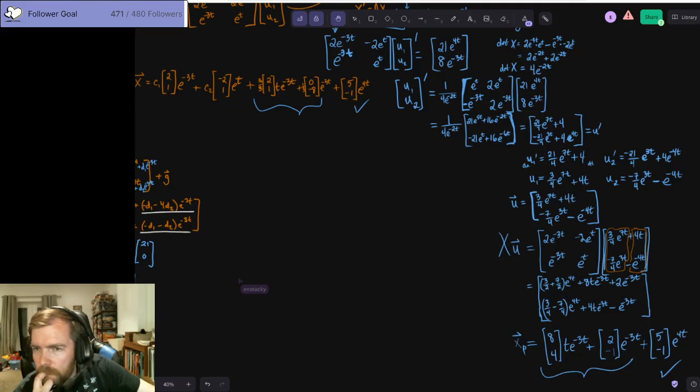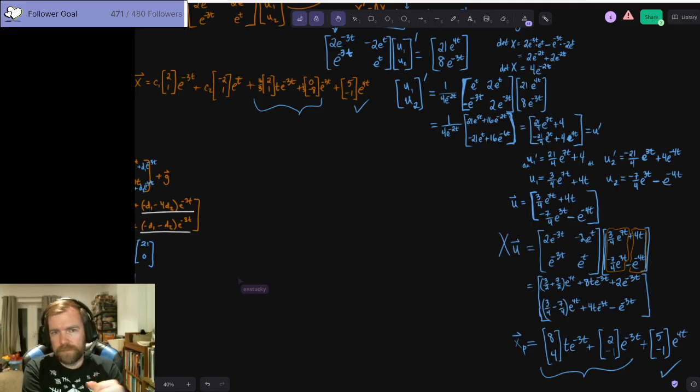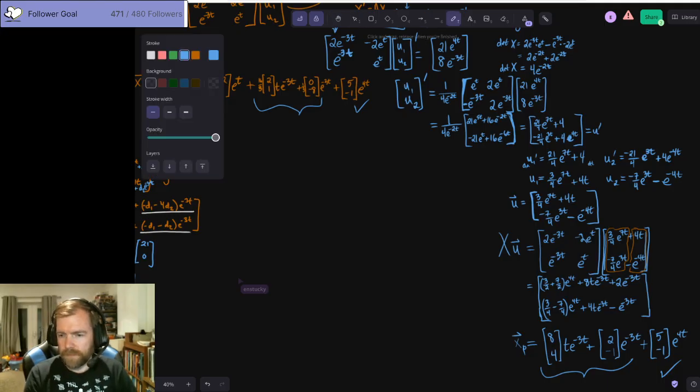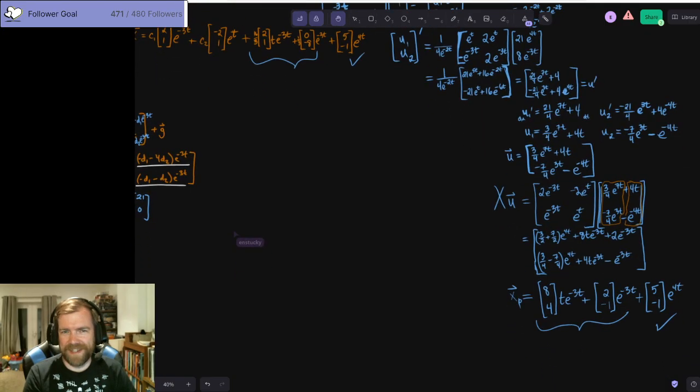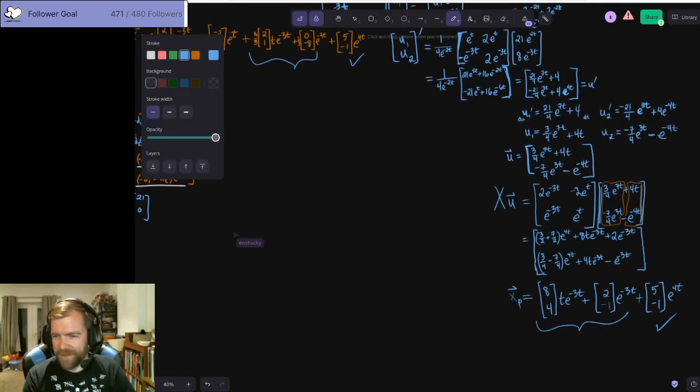What is comforting, if it's any consolation, is that 8, 4, and 2, 1 are scalar multiples of each other. True. So that is sort of comforting to me, that you could find a C value of 4, and this would make the at least e to the well, hold on. Yep. There's also the 1/3 to contend with there. Right, but I'm noticing that these are the eigenvectors that we were getting before, which is comforting. That to me at least gives me some hope that we're doing something right.